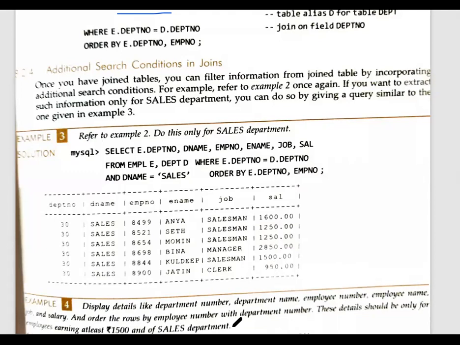Now see, no doubt so many queries are there. Try to do it by yourself. I'm giving you 2 minutes for this, but try to do.